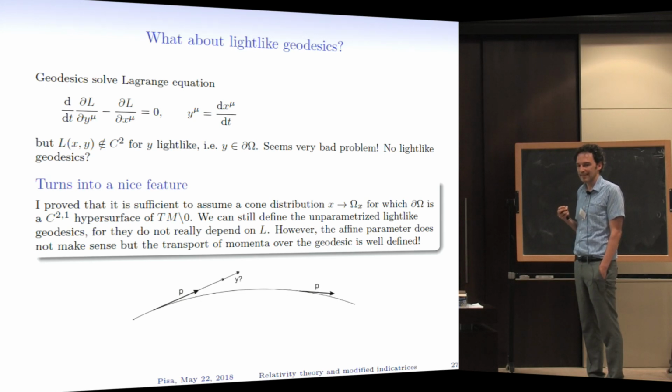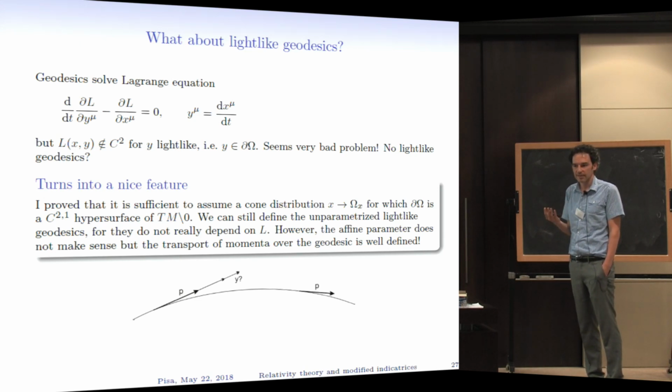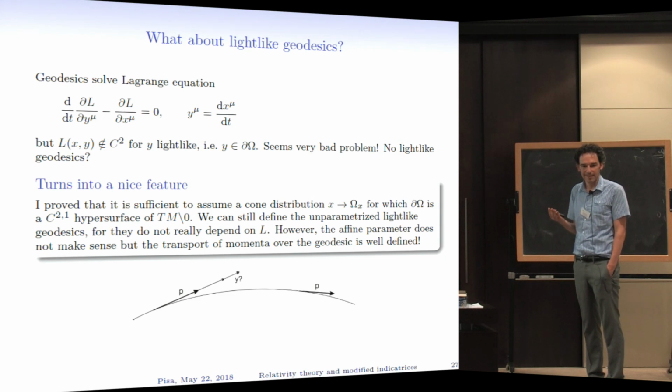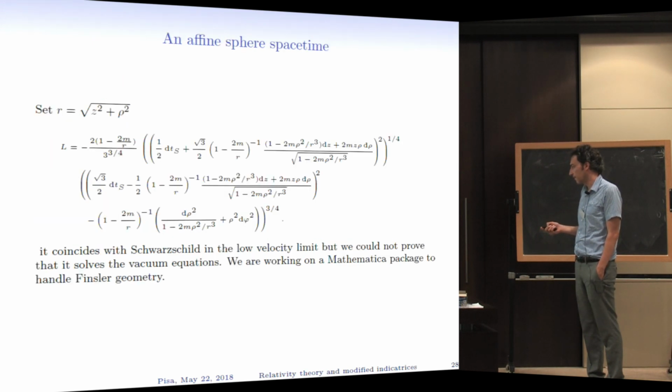That is the fact that the affine parameter in general relativity for lightlike geodesics is a problem. You don't want an affine parameter over a geodesic because light does not carry a clock. It has no physical meaning at all. Lorentz-Finsler geometry is better because there is no such affine parameter. It cannot be defined if the Lagrangian is not C2. If it is C2, then you have also the affine parameter. But you still have the transport of momenta of the lightlike geodesic.